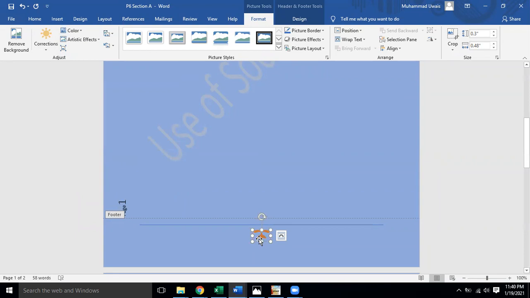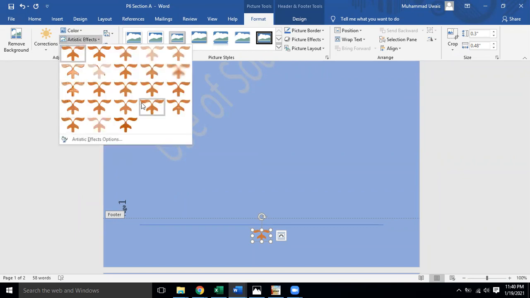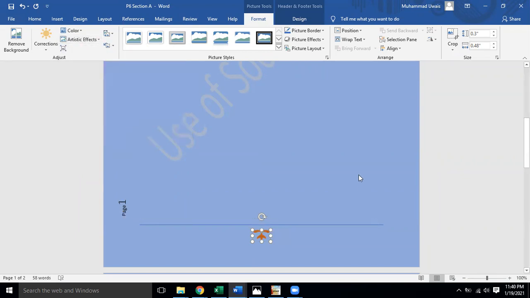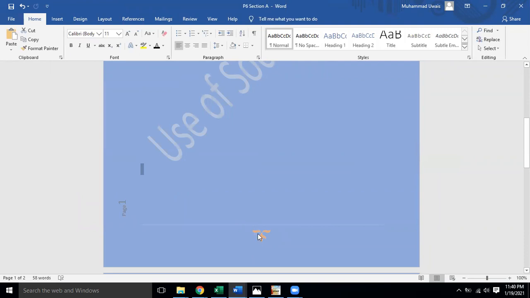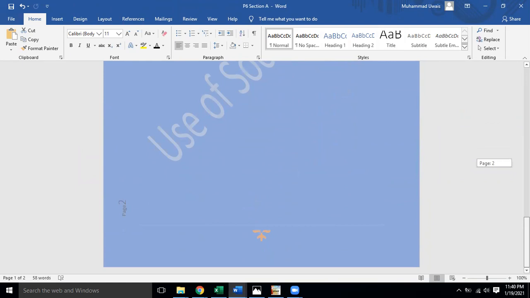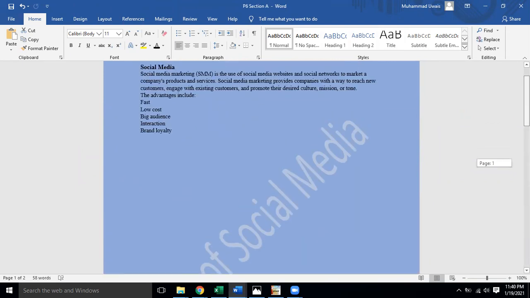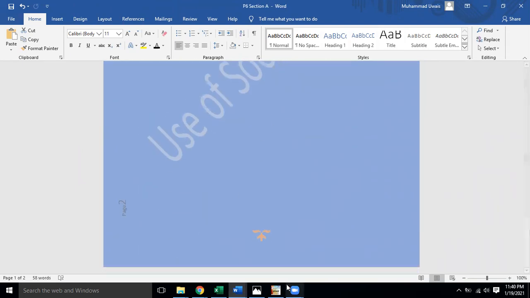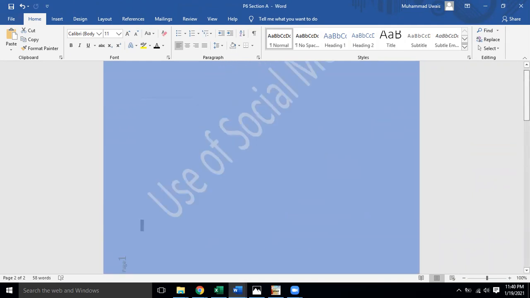It is a shape. Using the formatting toolbar of picture or shape, we can apply some different artistic design to it depending on our requirement. Anyway, we have applied the filigree bottom, which is basically the footer. It is only a design. So on each page, you will see that the filigree footer is appearing automatically, and it will be the footer of your page.